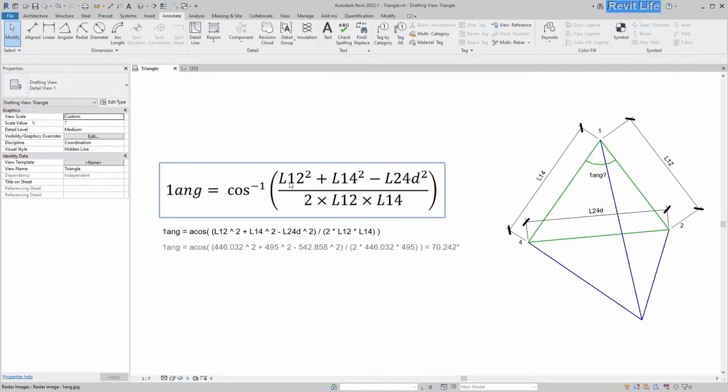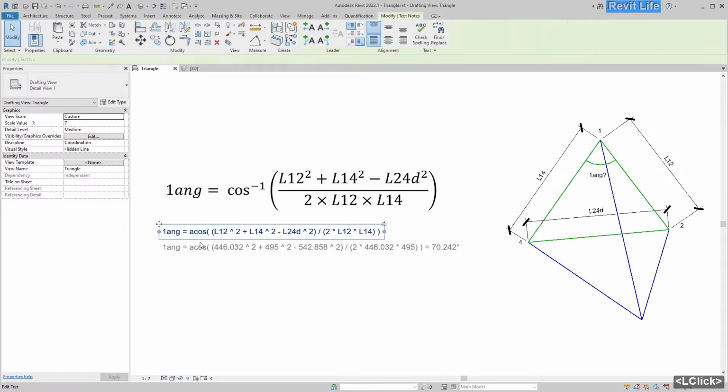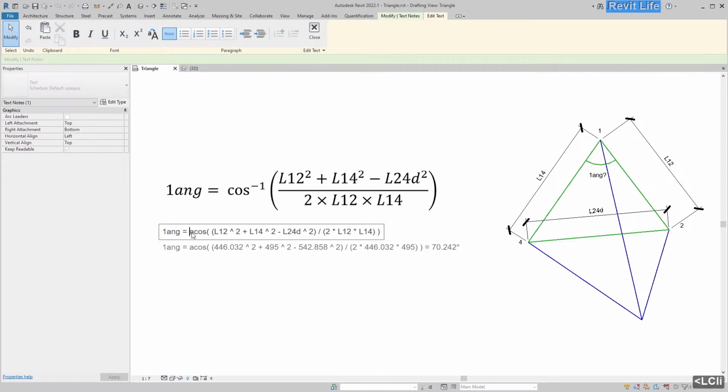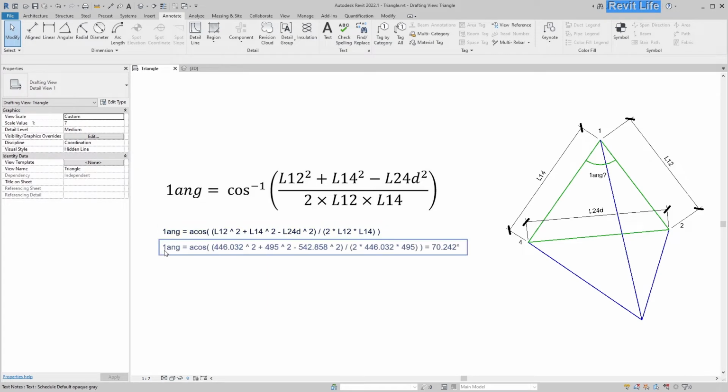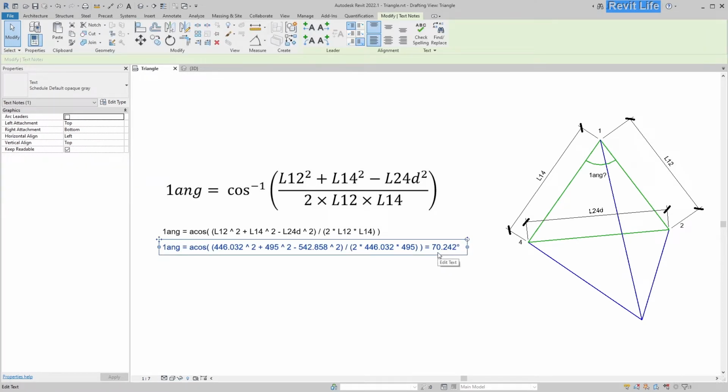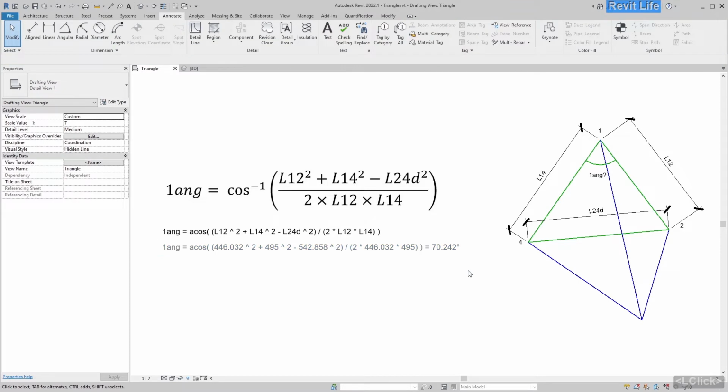Here you can see that I added to this formula these parameters that we are reading from this triangle. Diagonal L2 for D, for 2. Here we have again L12, L14 added to this formula. And down below, here you can see the representation of the expression for the Revit parameter that we are going to use later. And down below you can see the expression filled with the numbers from this 2D representation. So when you draw your own, you can fill this with your own numbers to check that the expression is